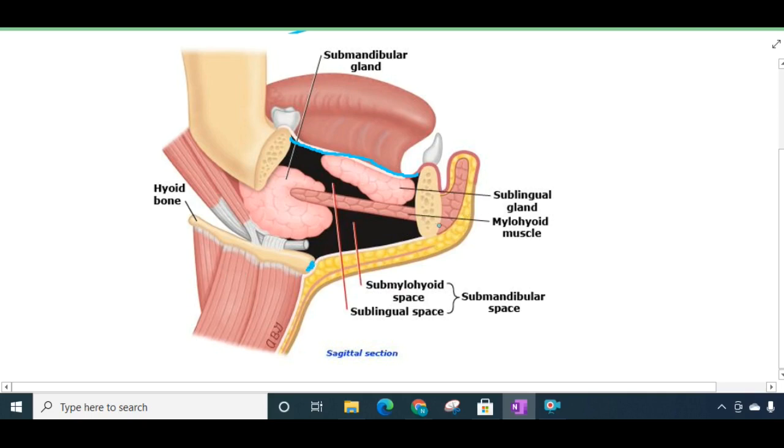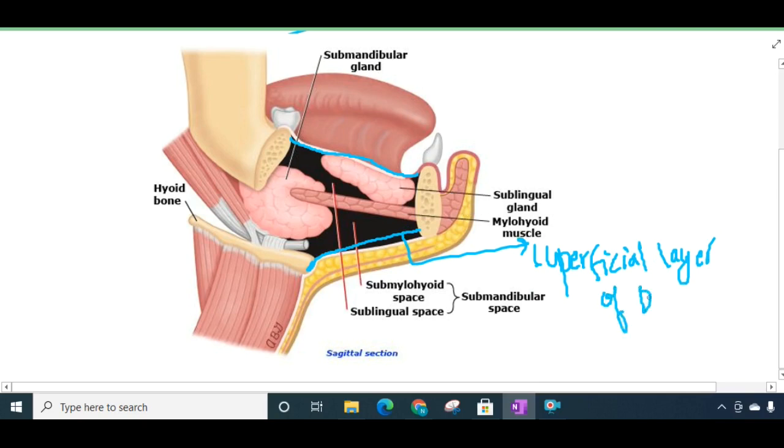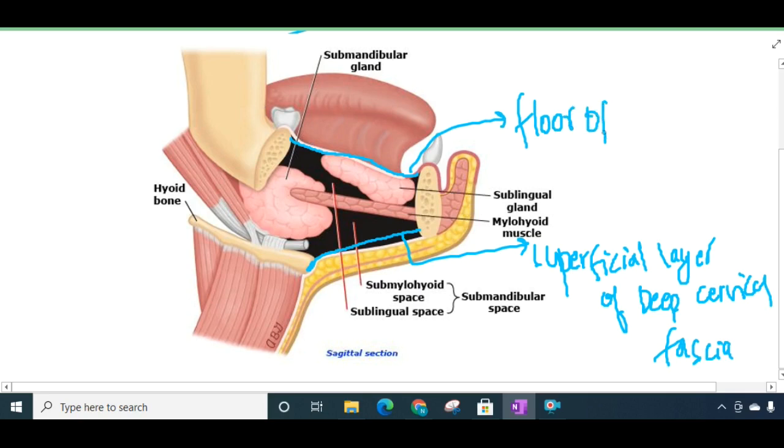This is the hyoid bone and the mandible. This is the superficial layer of deep cervical fascia, whereas this is the floor of the mouth. The area lying between the floor of the mouth and the superficial layer of deep cervical fascia is called